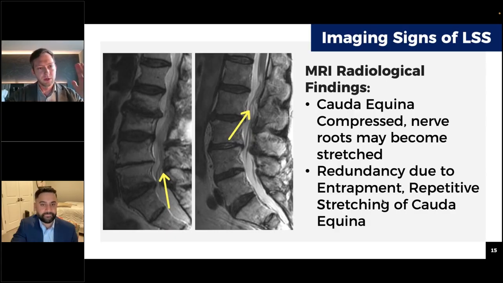Just starting with the sagittal, quick scroll through there. You can also evaluate the foramen and get an idea for that as well, and then take a look at the axial. And once you get this into the context of your patient's complaints, you're going to be able to pinpoint the source of it with pretty good accuracy.